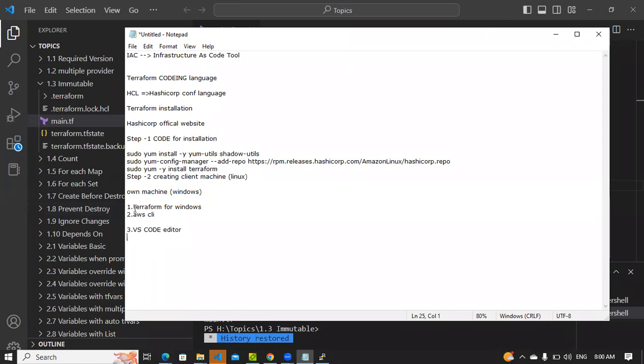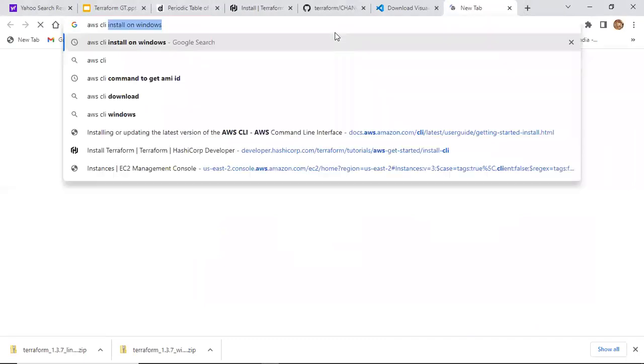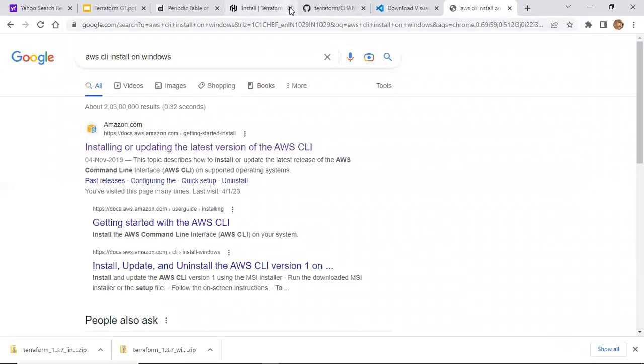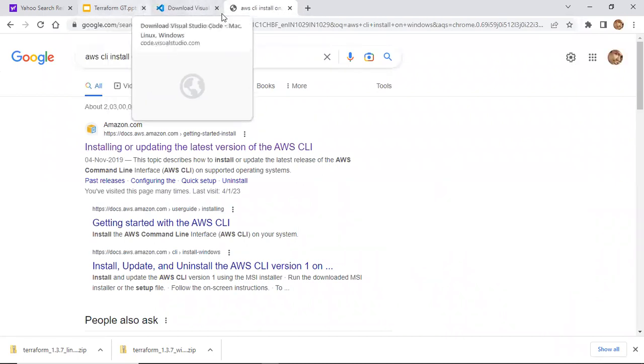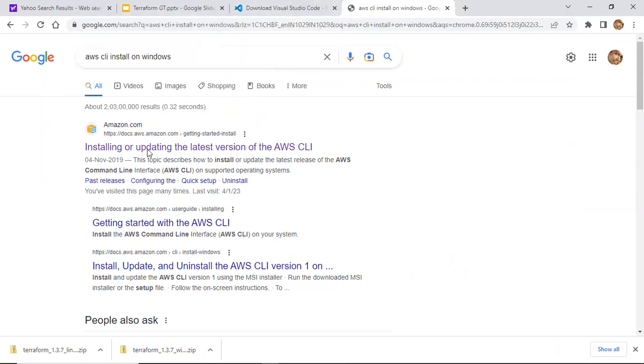So we have completed the Terraform installation. Now, AWS CLI for Windows. Installing AWS CLI for Windows.